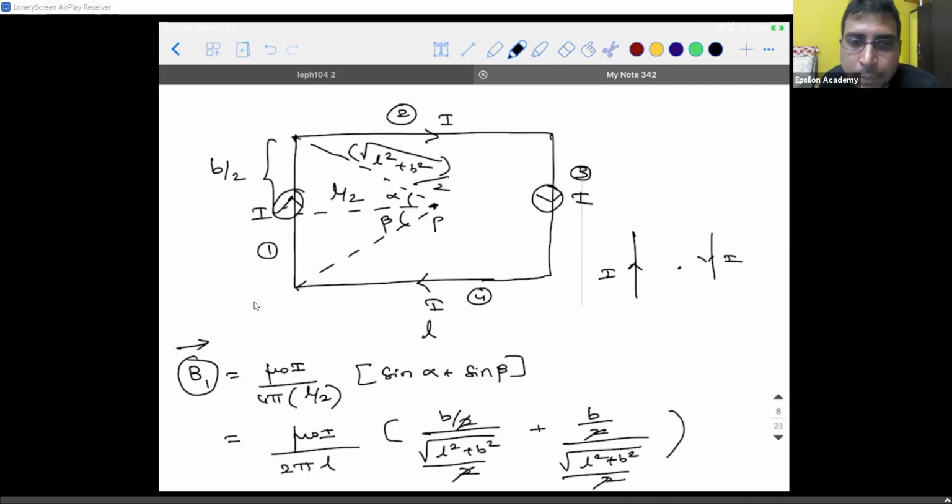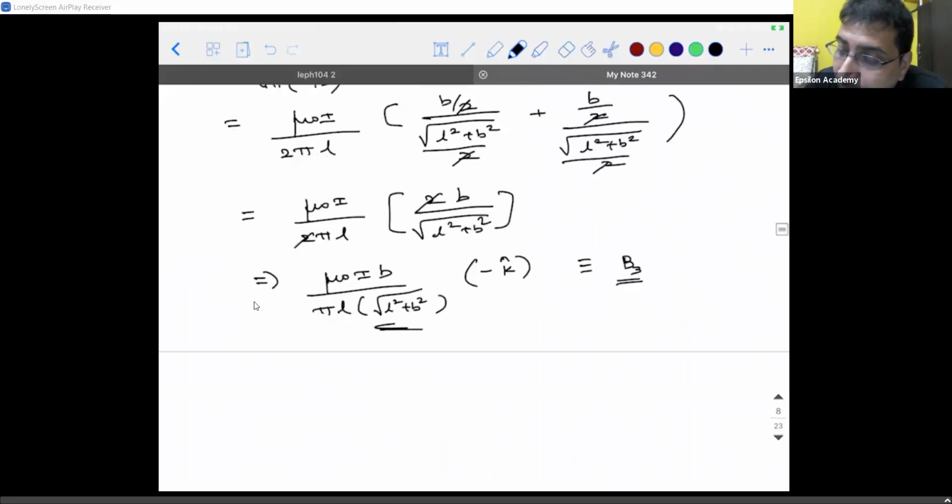If you want, you can apply right hand thumb rule and see. You will get this out of experience, okay? So for the first conductor, current is in upward direction, thumb in the upward direction into the plane. For the second conductor, the current is in downward direction and the fingers are going into the plane. Hence, B1 will be equal to B3.